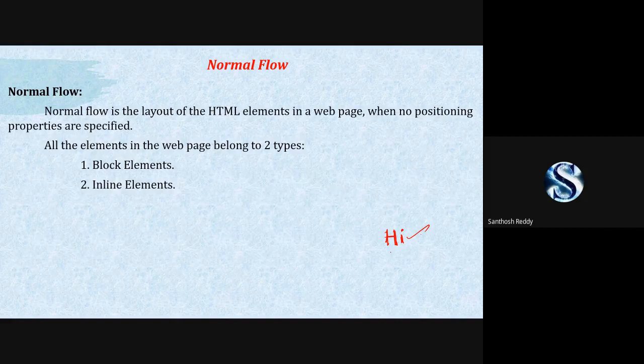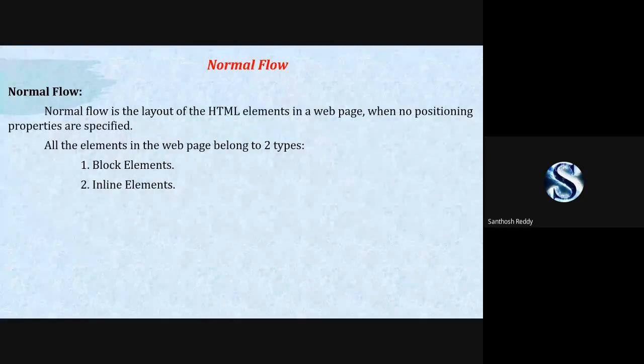If you want to display like this, can anyone say which tags we have to use? Okay, P tag, div tag, H1 to H6, UL, table. These are the block level elements.